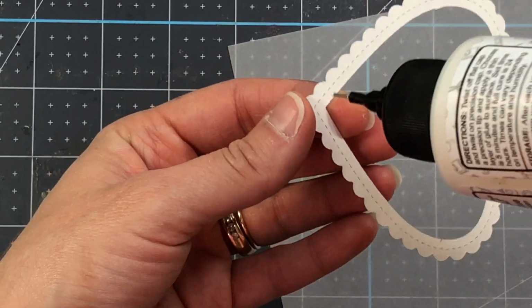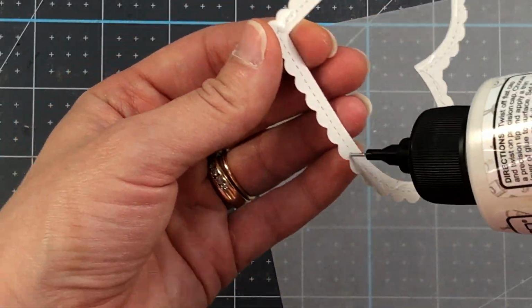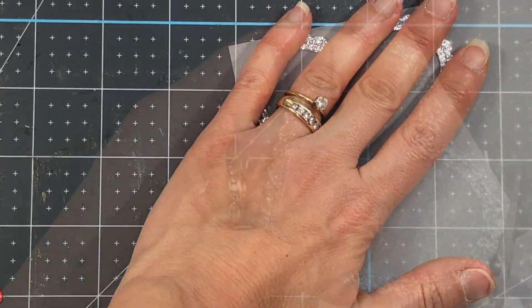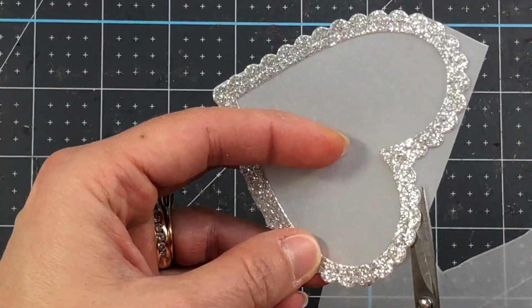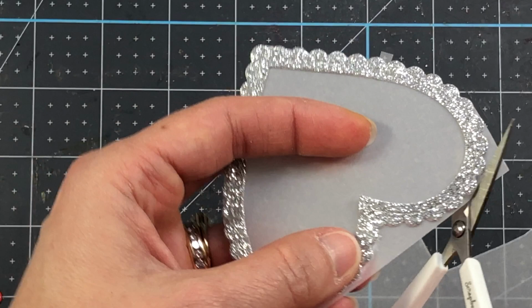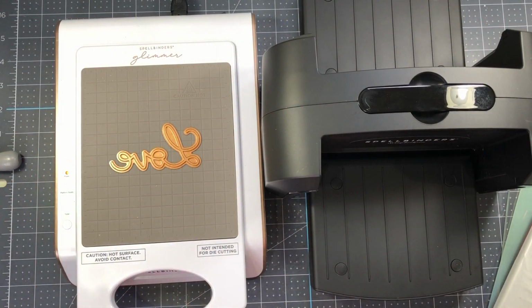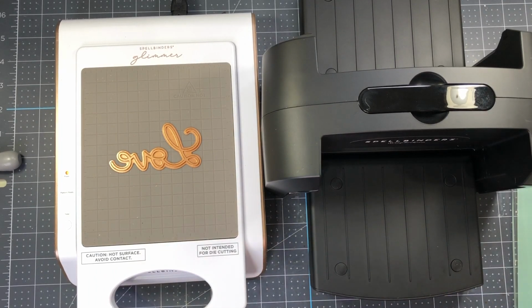Next, I'm going to add my heart shape to a piece of vellum. And then I'm going to use my scissors to cut around that vellum, just to cut off all of the excess around the heart. I'm going to use the hot foil large love and I'm going to add it to